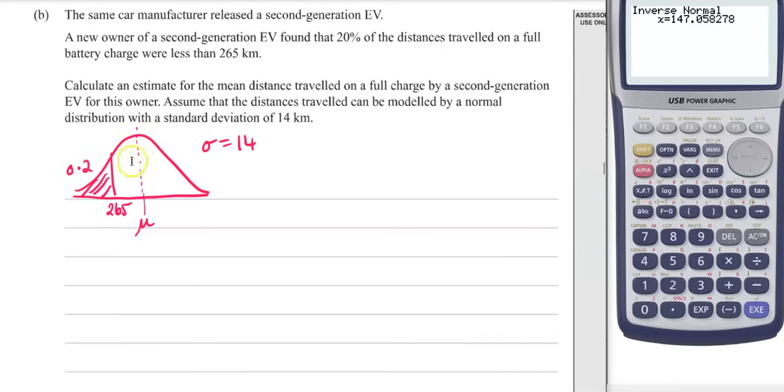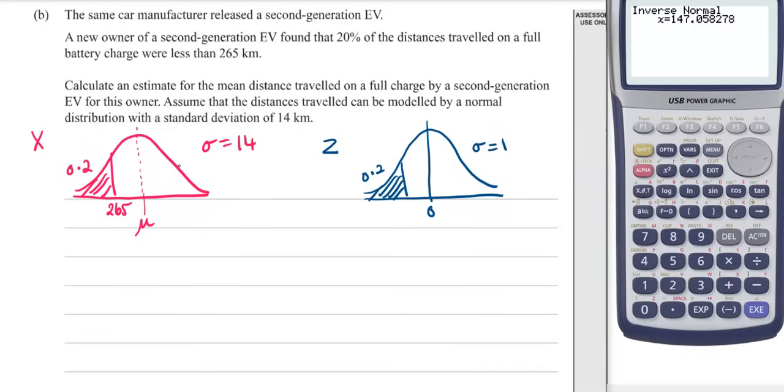So this is your x curve over here, everything that's happening on your x values. What I'm going to set up is the z curve that we know those basic probabilities of, and everything else gets calculated from them. On the z curve, the mean is 0 and the standard deviation is 1. Now what we can do is work out where that 0.2 would be on the z curve. So if we had that area